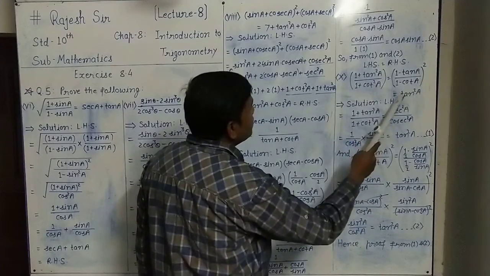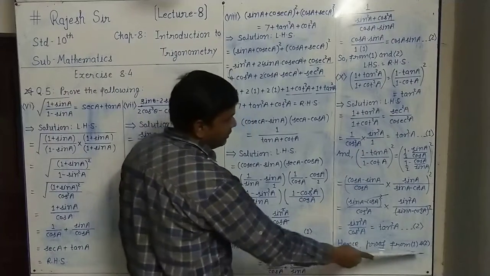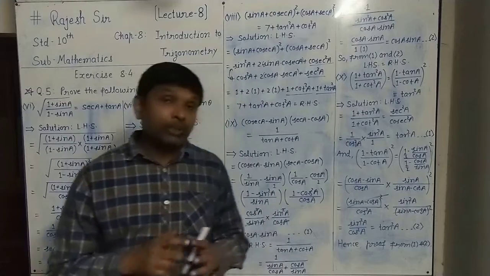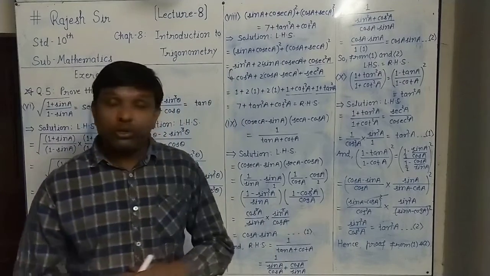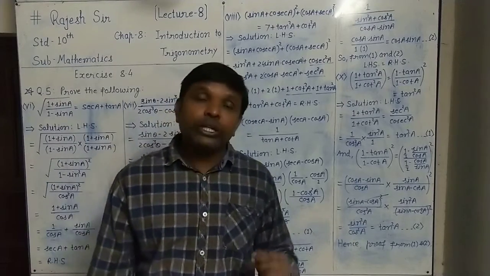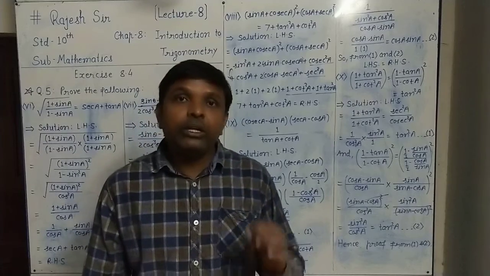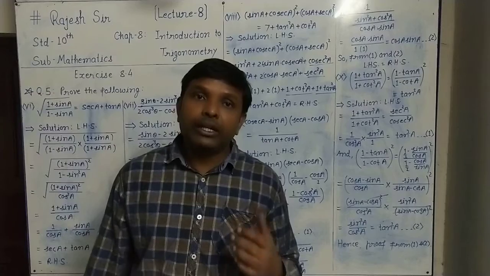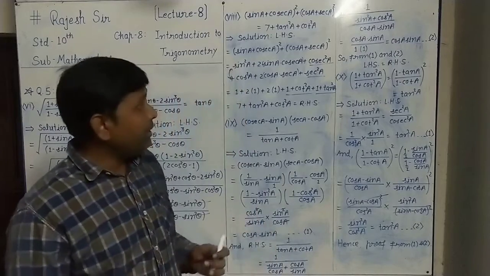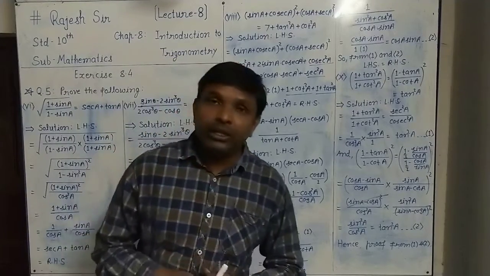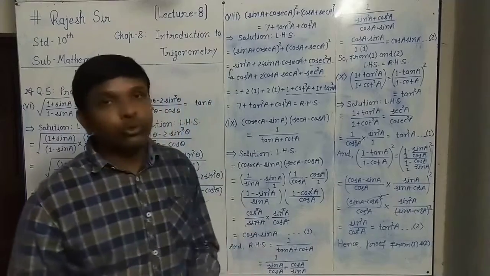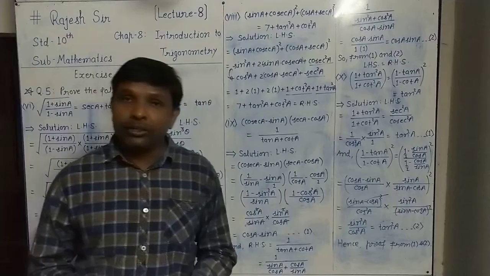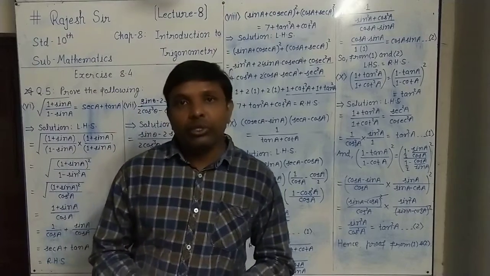So these both are equal to tan square A, from result 1 and 2 we can say, and we have the proof. So this way the chapter is completed and proof type questions are also completed. But in these proof type questions you need practice. So solve them 2-3 times at least and practice yourself and make it perfect in this group of proof type questions. And in the exam it will be asked for 2-3 marks, so you will be able to solve that. Thank you.